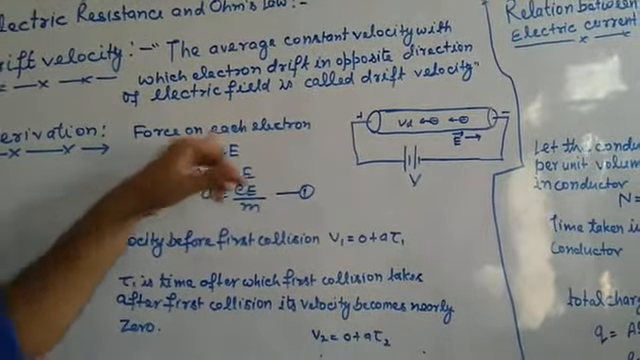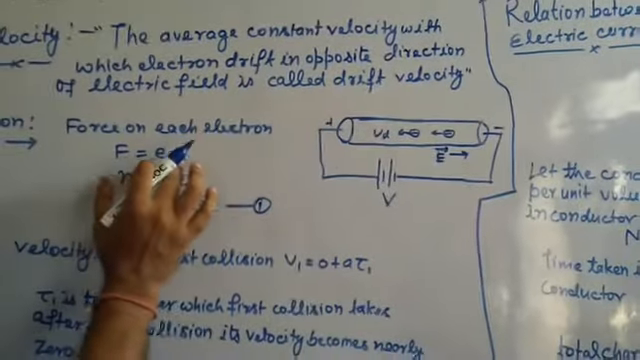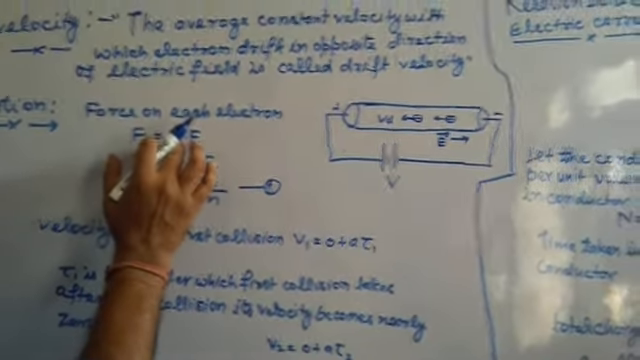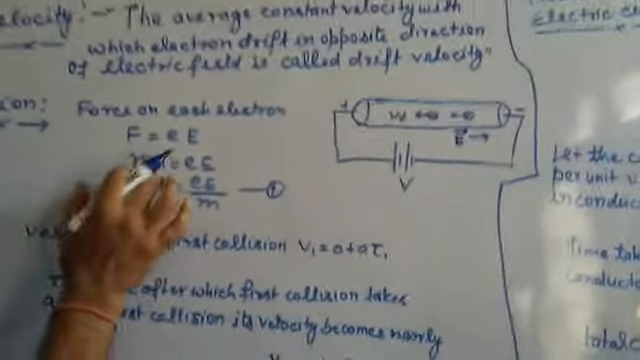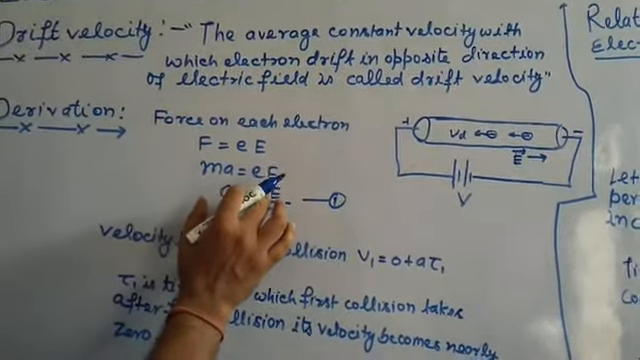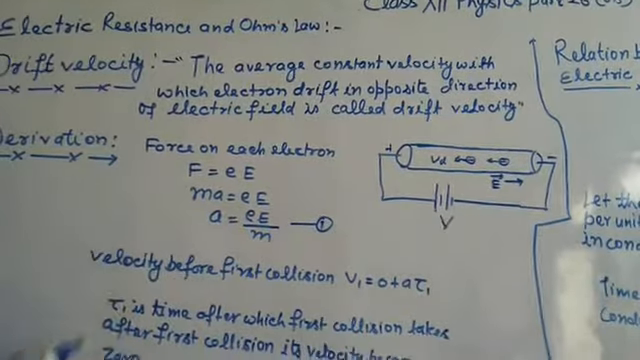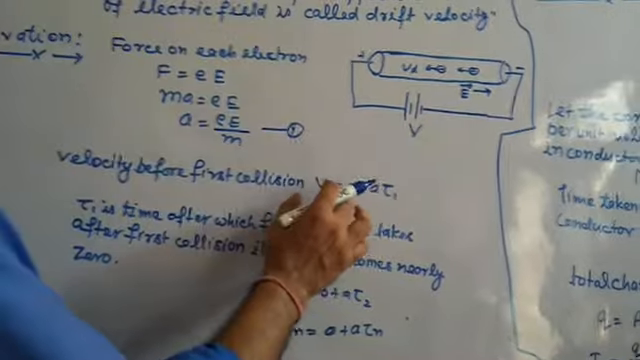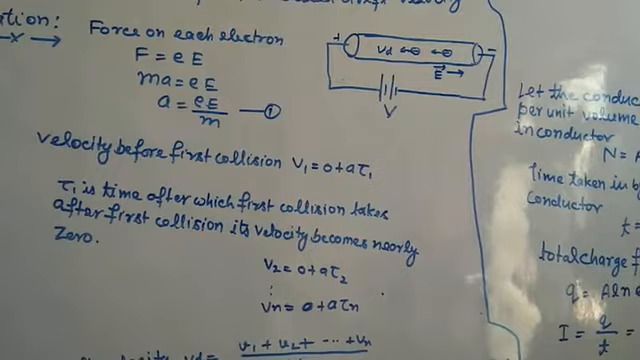Derivation: the force on each electron due to the electric field is F equal to eE, where small e is the charge on the electron and capital E is the electric field. F equal to ma, where m is the mass of the electron, therefore acceleration a equal to eE upon m. Velocity before the first collision v1 equal to 0 plus a tau 1, where tau n is